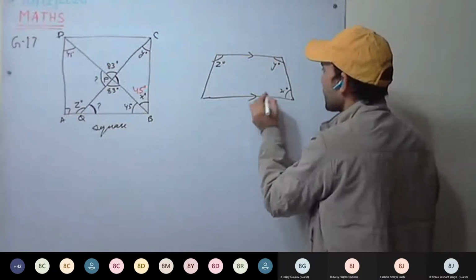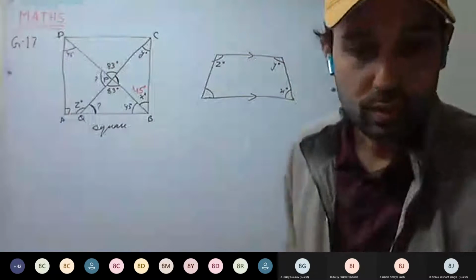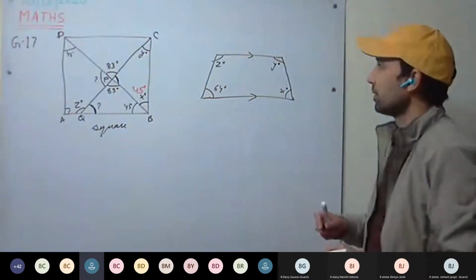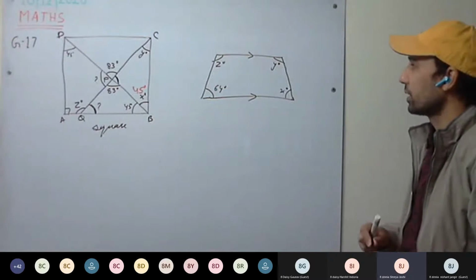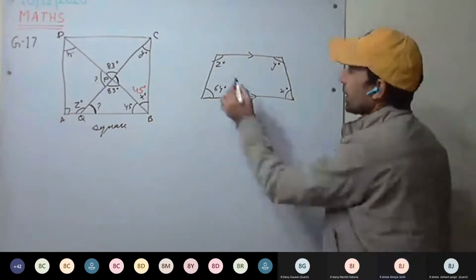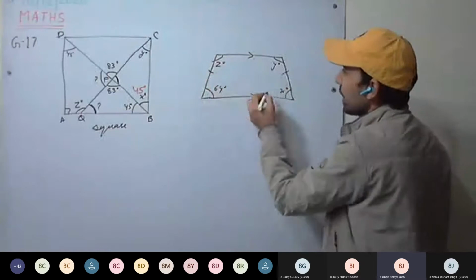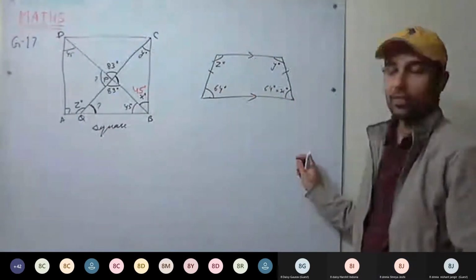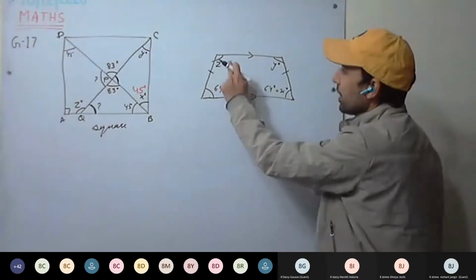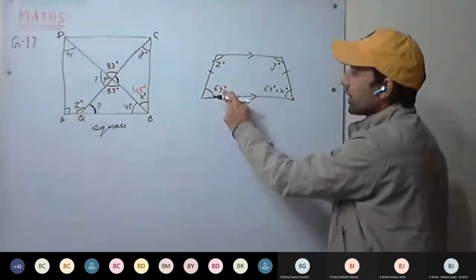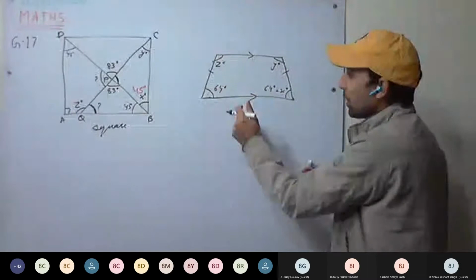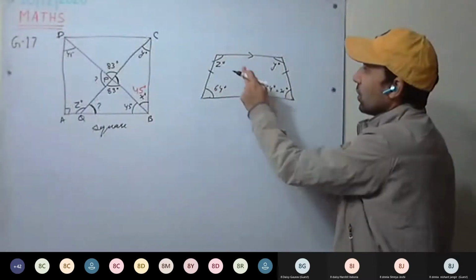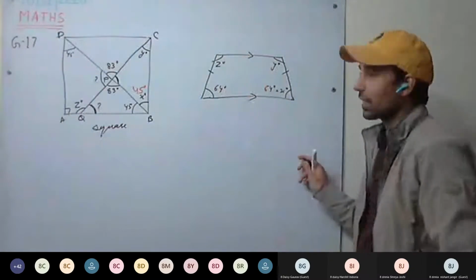Y degree, X degree, this is given how much? 64 degree. How we can calculate this one? Okay, sir. Yes, the non-parallel sides opposite to them. This is 64. This will be how much? 64 degree. And these two angles are supplementary. Adjacent angles are supplementary. Parallels, these two are supplementary. These two are supplementary. Or these two as well will be equal. You can calculate that.